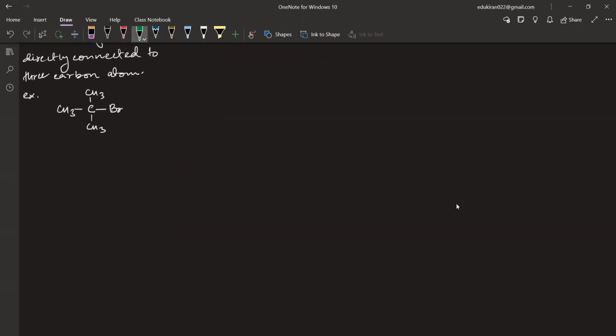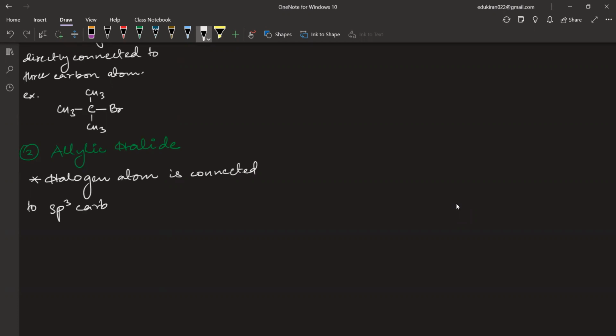Now the second one is very important. The second classification after alkyl halide is known as allyl halide or allylic halide. It is very important. What is the definition for this? Please listen to the definition very carefully. The halogen atom is connected to an sp3 carbon. This sp3 carbon is further connected to